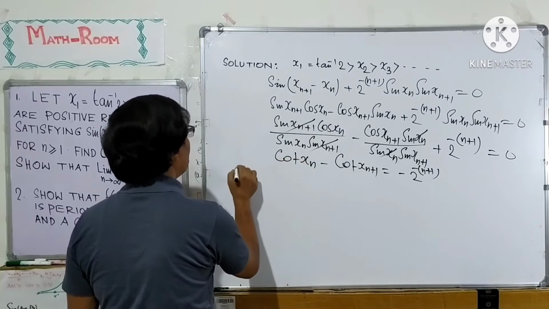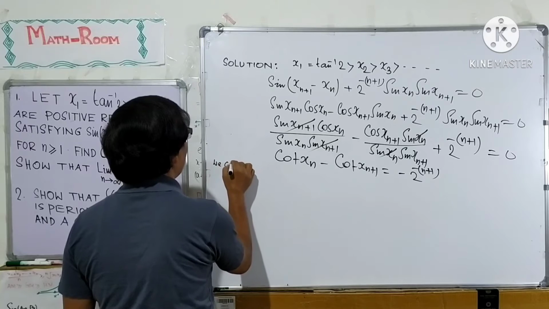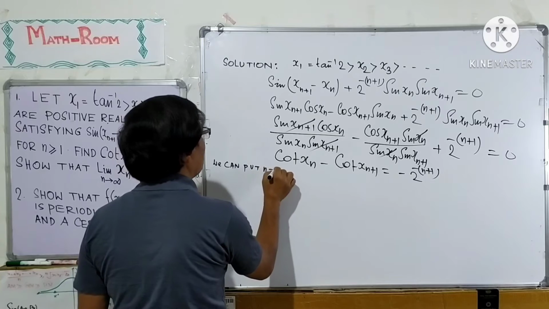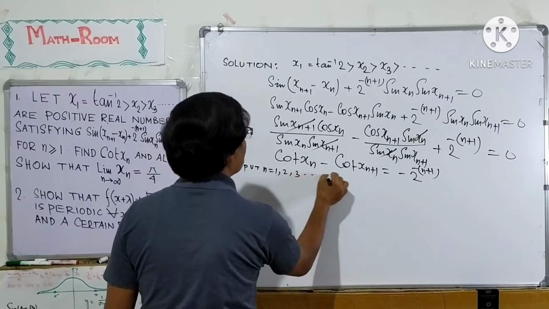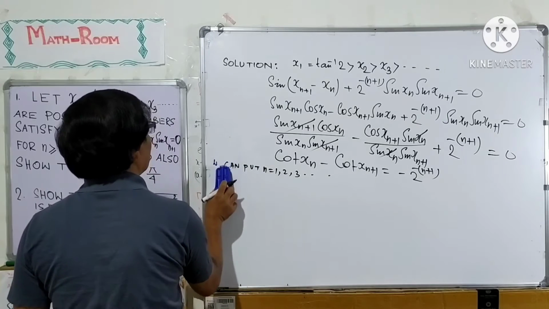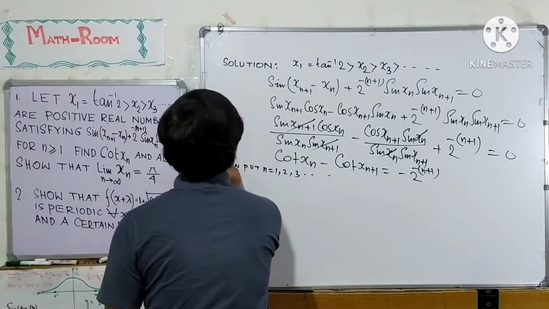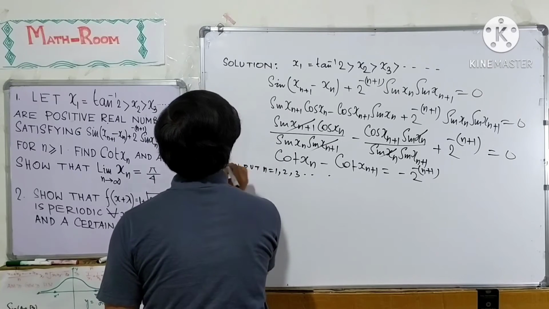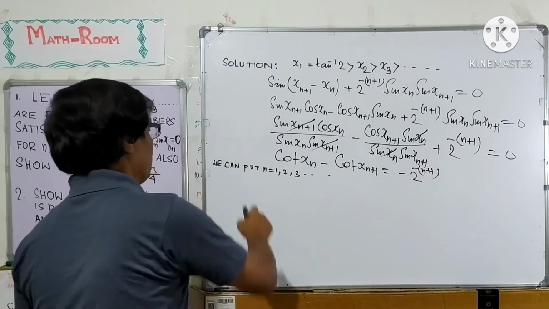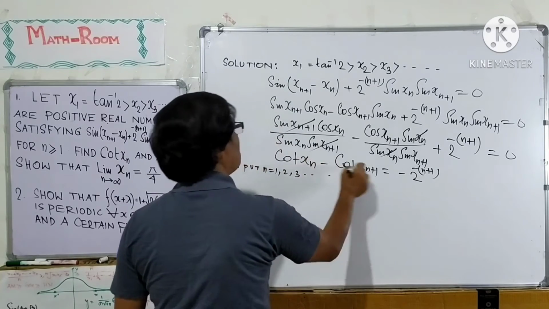We can put n equal to 1, 2, 3 and so on, because here n is a natural number and n is greater than or equal to 1. So we can put n equal to 1, 2, 3 and so on, and after putting these we get this relation as